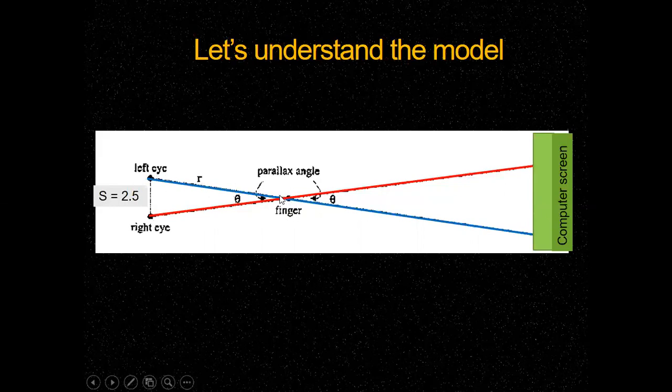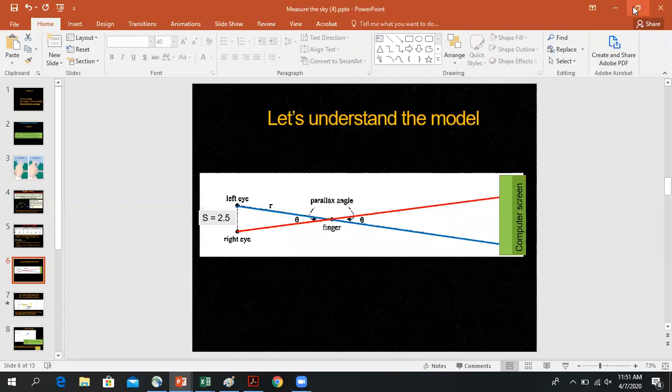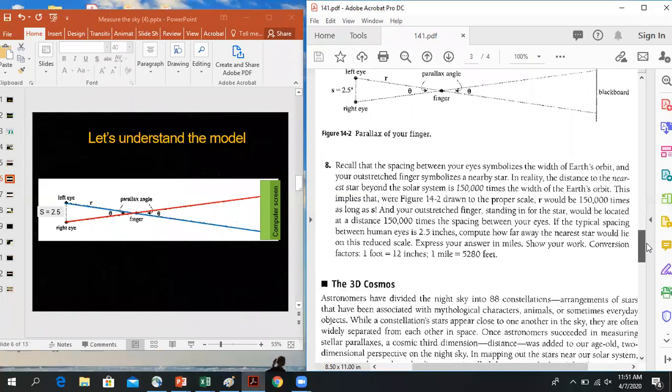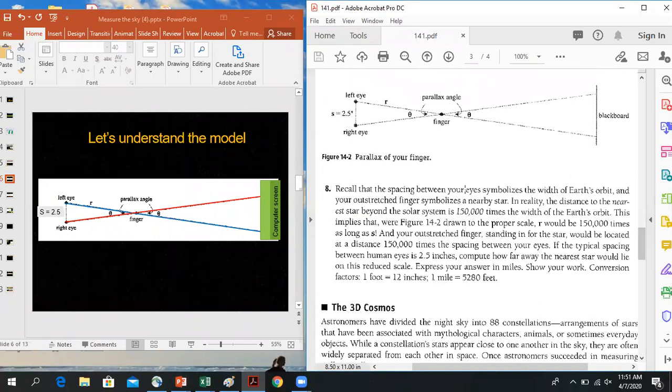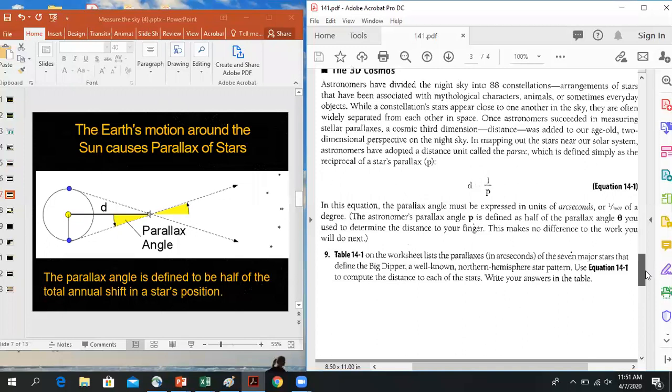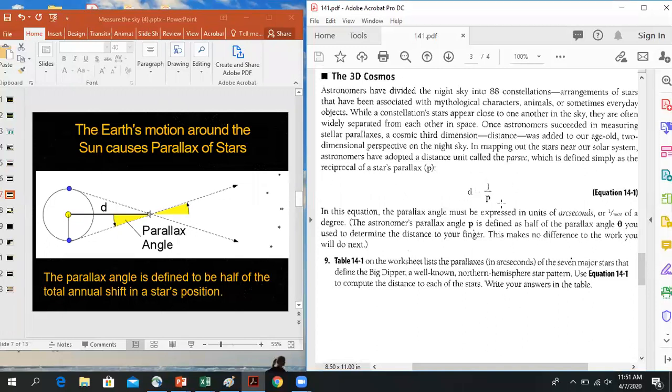Okay, all right, so let me take you back to the lab manual. So that's that picture. Then you're going to use the same model for the star system, and then you calculate the distance to a star here. Yes, so you may use the same equations that you used in the previous calculations. And then in the next part, the 3D Cosmos, you're going to use this equation to do the calculations. All right, so let me take you to the PowerPoint slides again, and I'll explain the theory there.